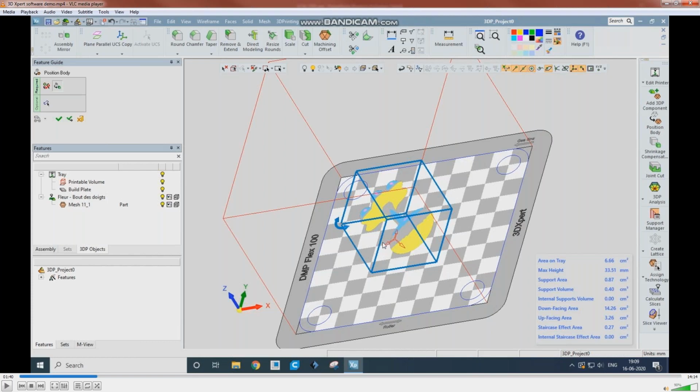And one more thing is the stress region, which here in this part is not much effective.